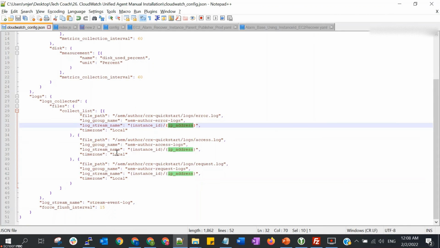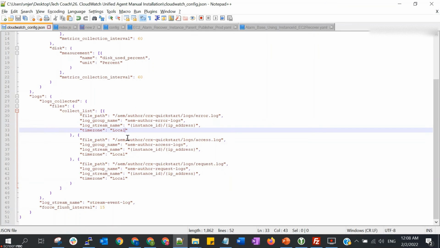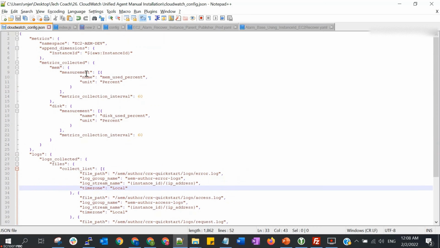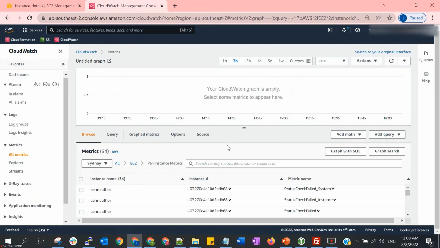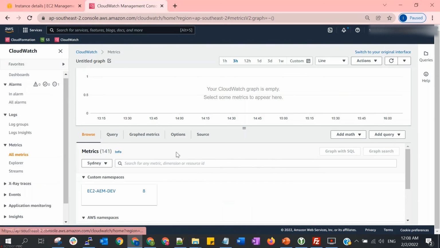Okay, also change the time zone to local, and we can also see the memory metric and disk utilization. We can see from the metrics, we can go to All.